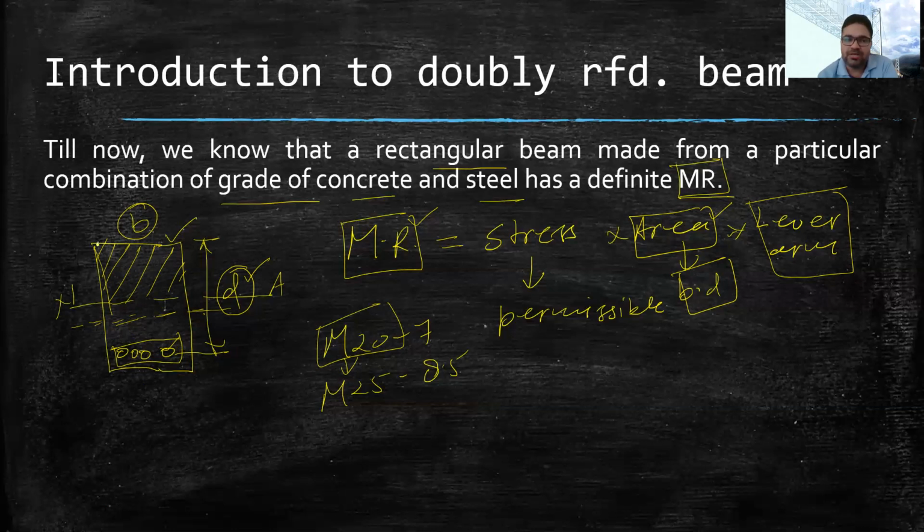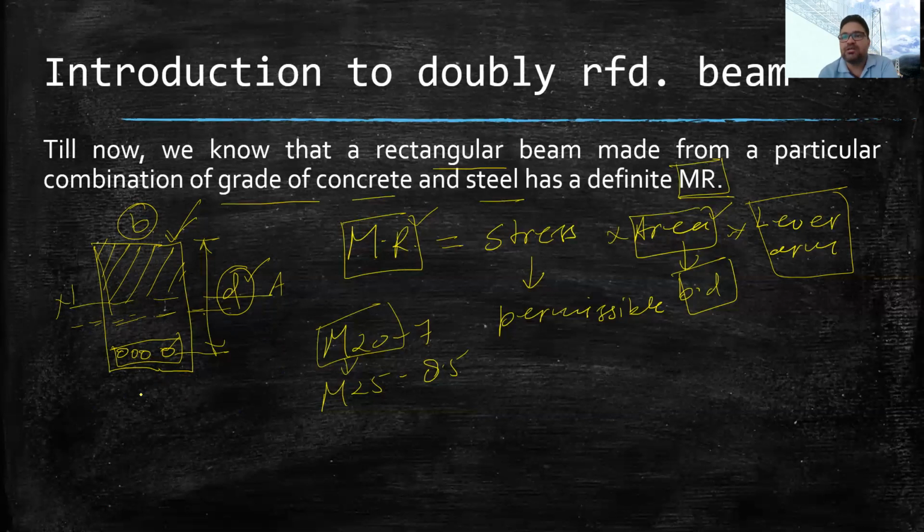Our concrete section will become over reinforced, which means we are providing a quantity of steel more than required, and over reinforced sections are not desirable. Why? Because the failure of an over reinforced section is sudden. So this third option, to increase the quantity of the steel, is not viable.